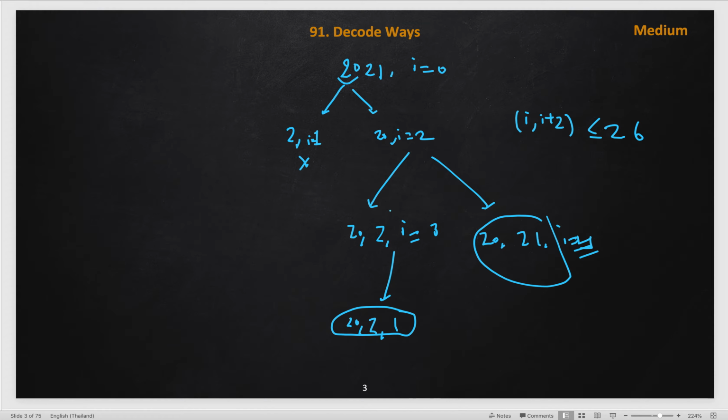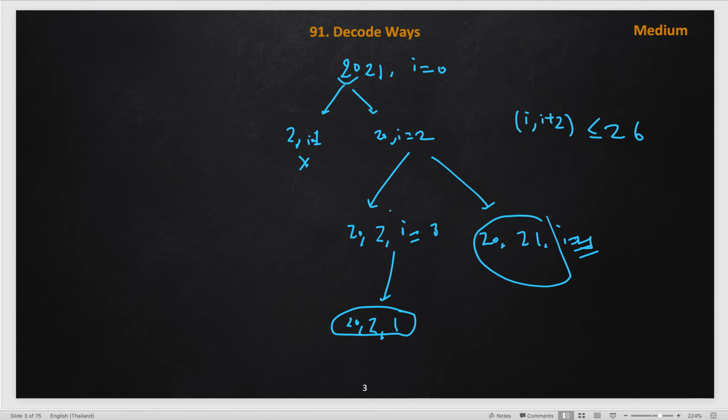Now let's find out what the base cases are. If our i is greater than or equal to the length of our initial string, which means we processed the whole string, we will have one way, so we will return 1 over here. And if we encounter at any place the character in our string at the ith index is the 0 character, which means we can't map this character to any valid character, A to Z, so we have to return 0 over here. So these are the two base cases we have to follow. So pause the video and try to implement the code yourself.